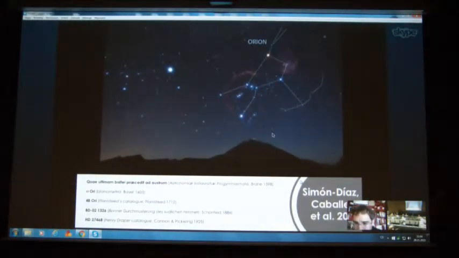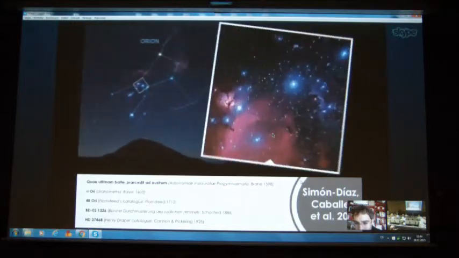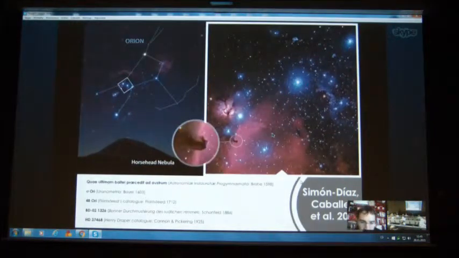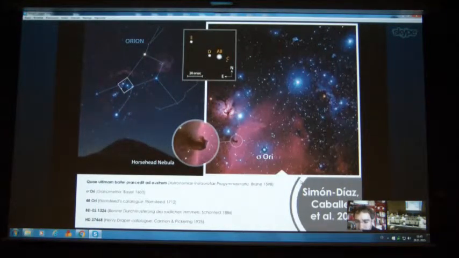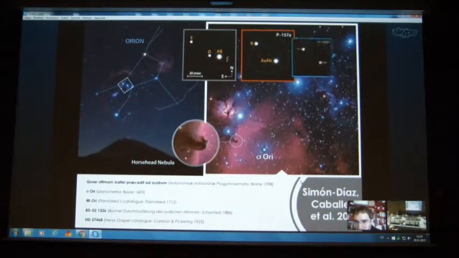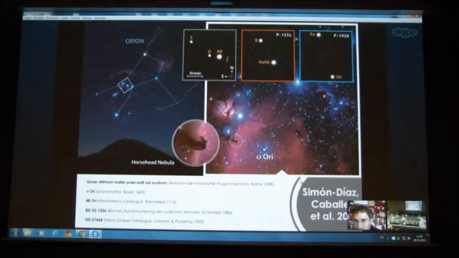Sigma Orionis is also the name of the star that gives the name to the cluster. Somebody can think, oh, maybe we can investigate the photometric variability of Sigma Orionis A and B stars. Well, actually, you have 3 stars in the system, plus B, plus C, plus E, plus several others. So in the end, you have a 16-tuple system, 16 stars there, and of them, only one is reported to be variable, which is Sigma Orionis E, with a period of 3 days,